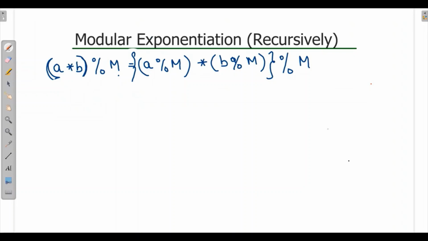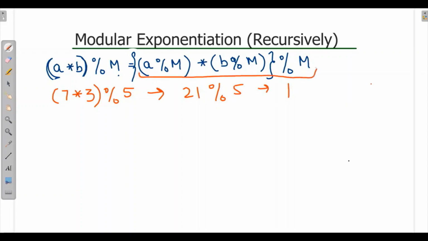So let's understand this with an example. If we have here a as 7, b as 3 and here I'll take m as 5. When we simply calculate, it will be 21 mod 5, which will result to 1. Now when we calculate using this right expression, I'll write RHS and LHS for this.